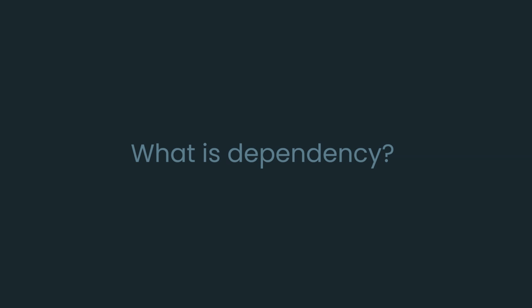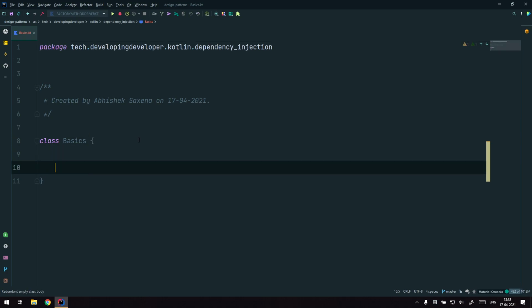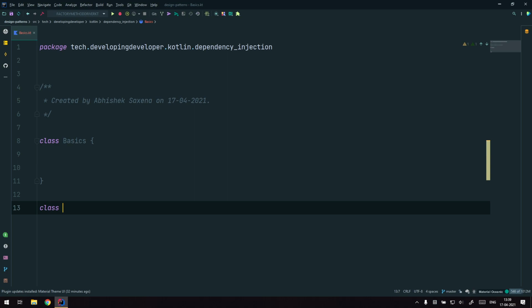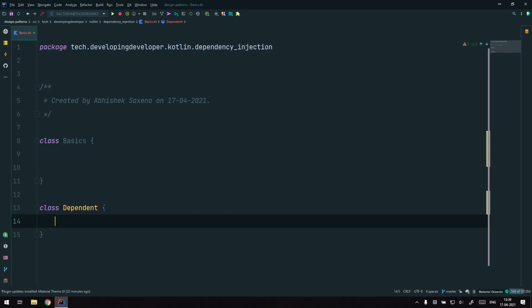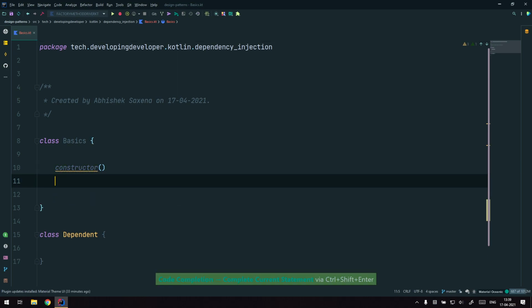So how is this example relevant to our coding? You got a gist of what dependency is, so let's make it a little bit more concrete. Let's say I have two classes. One is class Base and another is class Dependent. If my Base class is dependent on this, that means in the constructor I need to have a